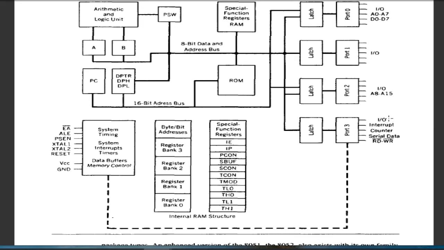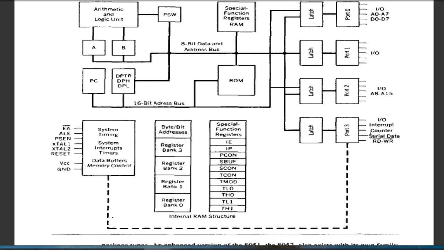Along with this IO pin, port 3 is dedicated for particular purposes, meaning whether external interrupts are enabled or not. If they are enabled, then the interrupts will be coming from these port 3 pins only. Then for the external counter, if we are going to work this 8051 in counter mode, then through port 3 only we are able to provide the count.